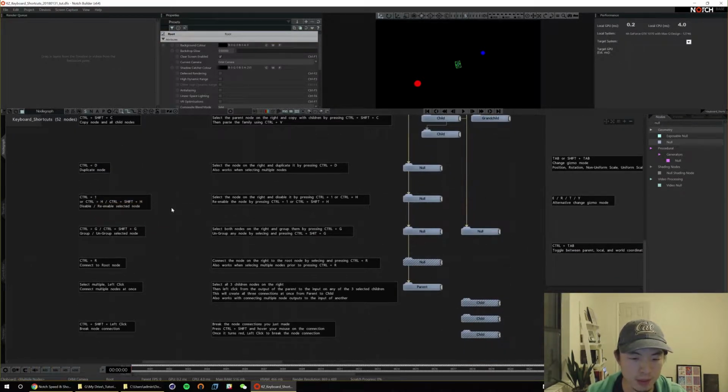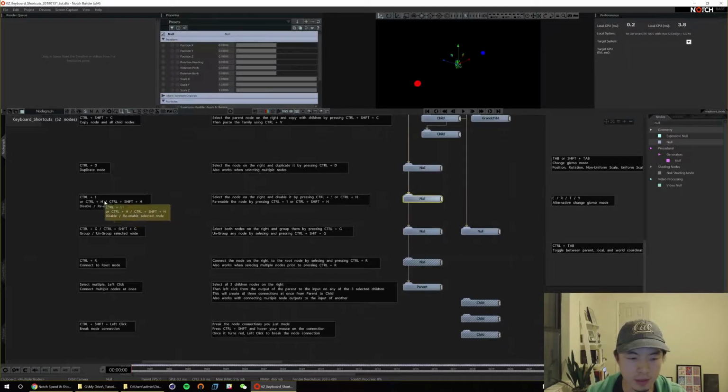Control 1 is to enable or disable. I think it used to be Control H is to hide. And you have to hit Control Shift H to unhide it or make it active again. You can also use Control 1 instead as a toggle, which my left hand just finds a little easier to reach on the keyboard. The Control H and Control Shift H is useful though if you have,